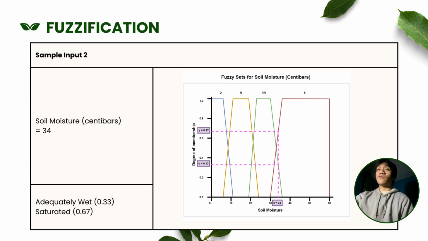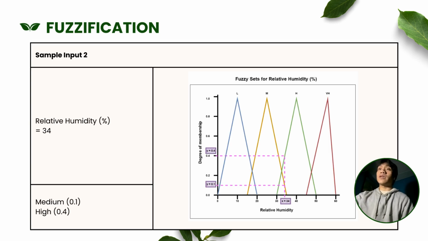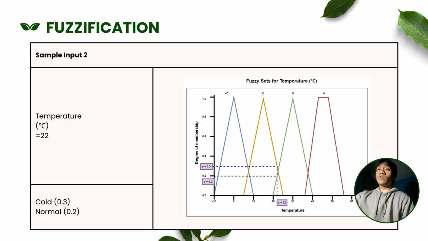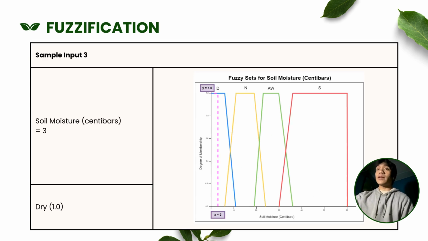Soil moisture we set for 34 centibars, and we get the result adequately wet 0.33 and saturated 0.67. Followed with the relative humidity, we set 34%, and we get the result medium 0.1 and high 0.4. And then for the temperature, we set 22 degrees Celsius, and the result is cold 0.3, normal 0.2. For the last sample input, which is sample input number 3, soil moisture we set for 3 centibars, and